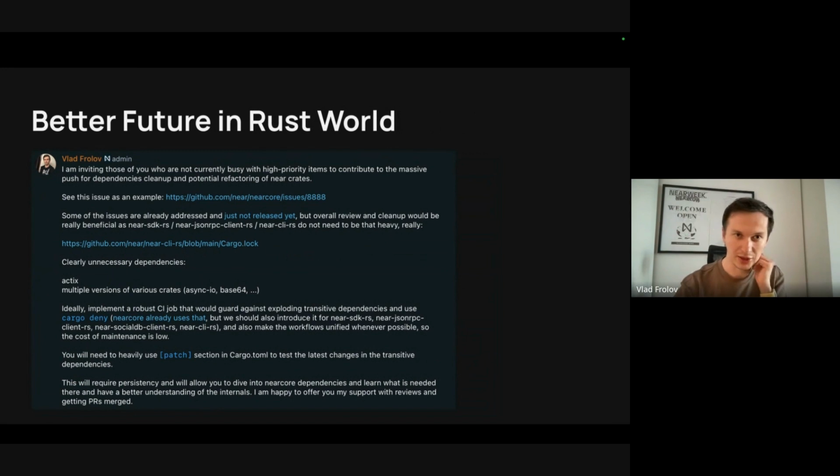Then there is a call for action. If anybody has an urge to actually reduce the compilation time for our Rust tooling, there is a lot of low-hanging fruit, because we mostly reuse the crates from nearcore, and some of them are using too many dependencies, and it's not a problem for the projects inside nearcore itself, but as you may imagine, for example, near-cli-rs or the NEAR JS RPC client,